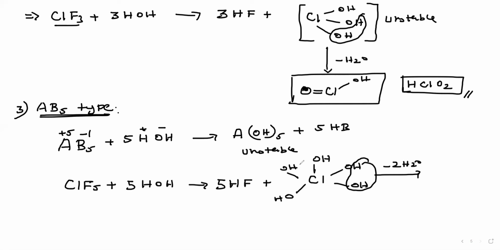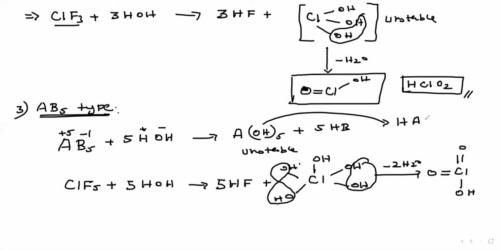H2O can release. Okay. Now what is the product? See, very important product. In case of Cl, they form double bond O and also double bond O. Then here OH. What is the formula? This is the common formula, HAO3. Similarly, in this case, HClO3. Okay, this is an oxo acid of halogen, or oxo acid of chlorine.